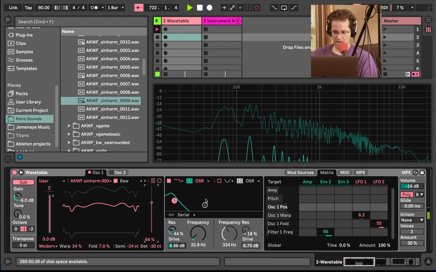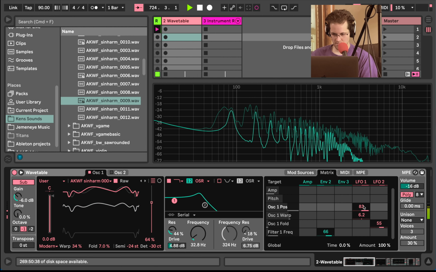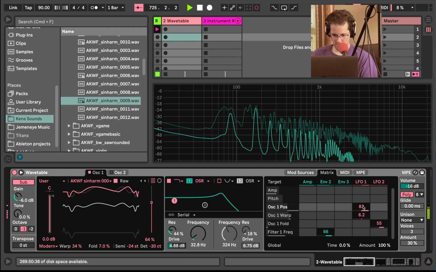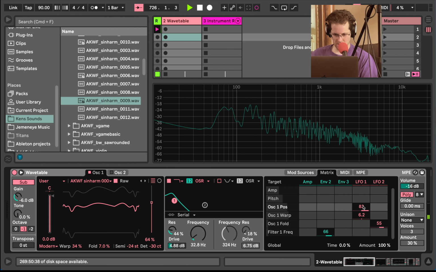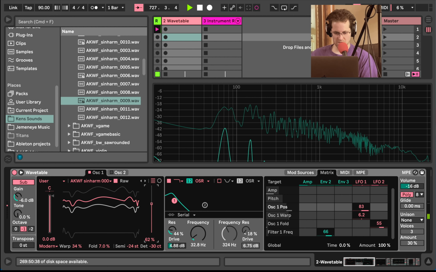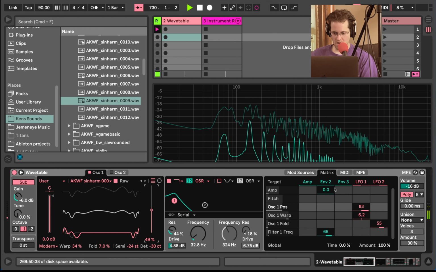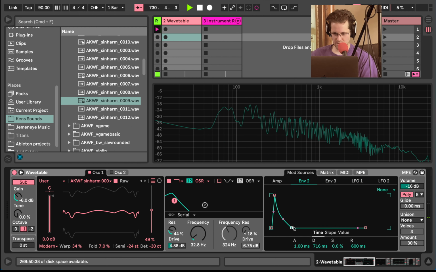And we aren't even scaling through. So we'll go to oscillator 1 position, go to LFO 1. Doesn't seem like it's moving it like this. I don't know why it's not doing that. I think it's because we just have so much modulation on. We're stretching it to its max or something. Oh, it's because this envelope takes it all the way down, and I guess we can't hear it. In any event, guys,